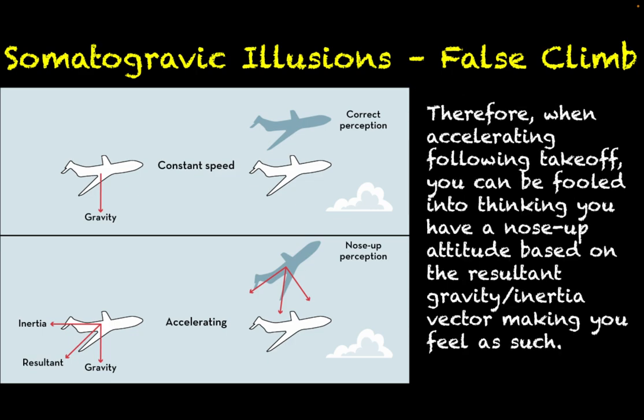So the issue here is that when you're accelerating following takeoff, you can be fooled into thinking you have a nose-up attitude based on the resultant gravity and inertia vector making you feel as such. Now, that statement right there may have sounded like a whole bunch of gobbledygook, so let me explain. If you're flying at cruising altitude and you're maintaining a constant speed and your nose is perfectly level, you're not gaining or losing altitude, you're not going to feel like you are nose up or nose down because the only force vector that's being applied to your body is gravity, which is pulling you straight down. But